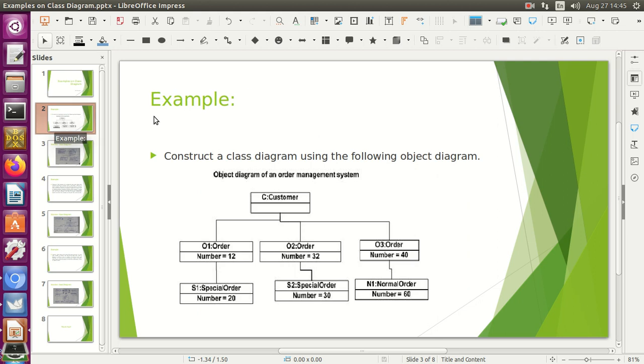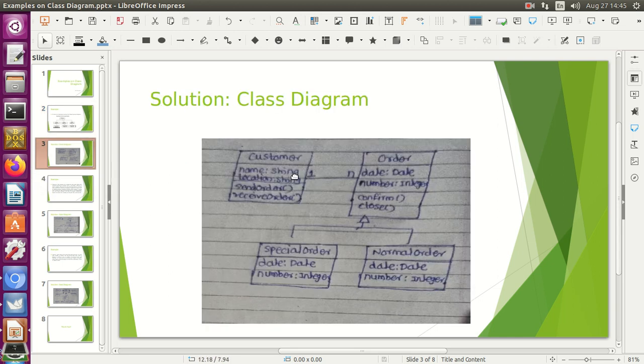Okay, again in Customer they have mentioned only Customer. They have not mentioned any attributes or methods. So that's why based on my understanding I have included the name and the location. These two are the attributes, so name is equal to string and location is equal to string. These two attributes I have added, and send order and receive order, these two methods I have added into the Customer class. These methods and properties are not mentioned in the diagram, but still I have added them